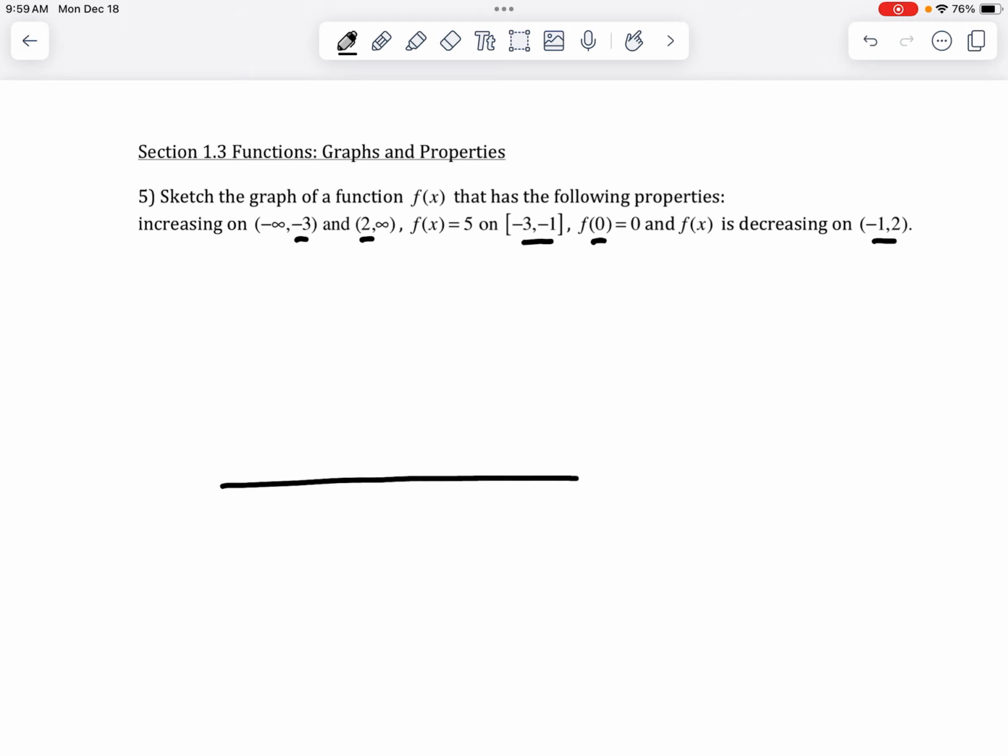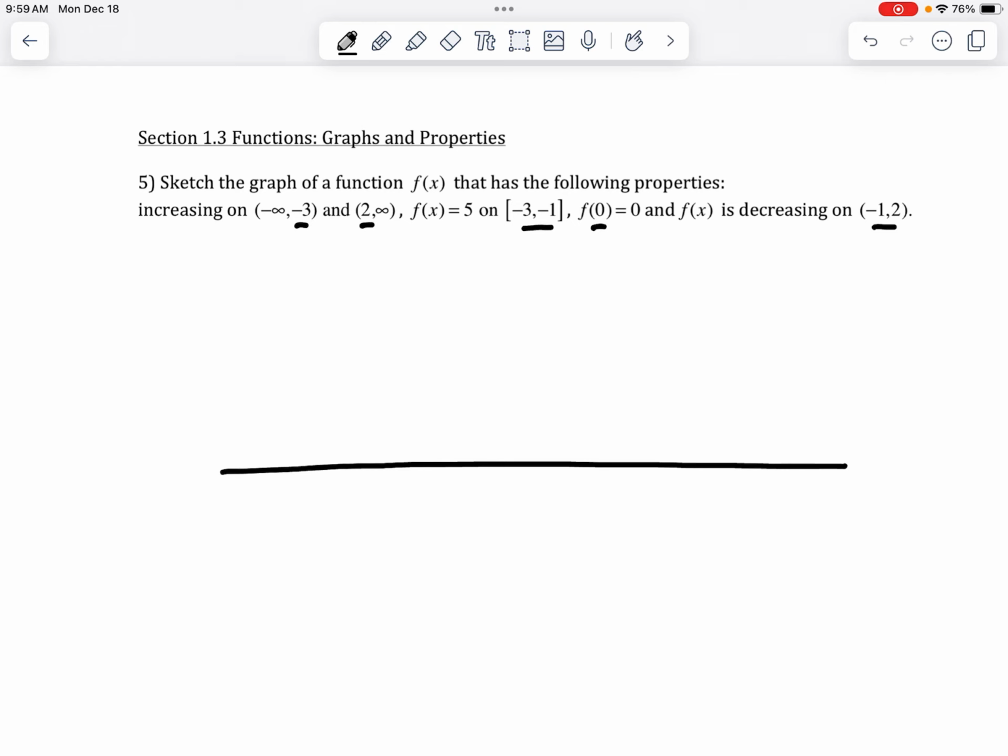So when I make the x-axis, 0 is important. -3 is important, -1 is mentioned, and also +2. You could put all of the numbers if you want to, but these are going to be the important ones. So that's the x-axis. And then for the y-axis,